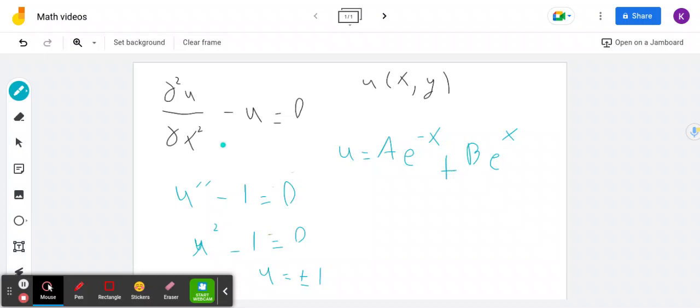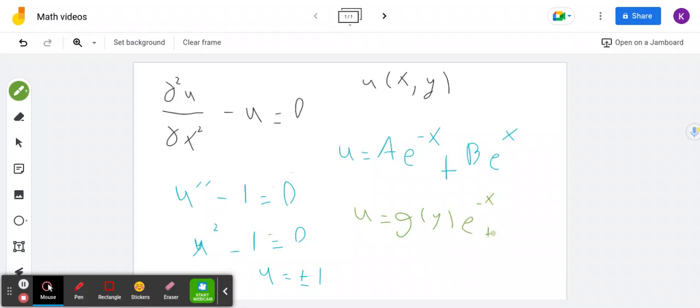But when we do partial derivatives, the function u is in terms of x and y. So technically, these constants a and b become functions of y because we're dealing with functions of two variables. So our final general solution in this case becomes u is equal to, and I'm going to call the function of y g of y, which is a function of y, times e to the negative x,